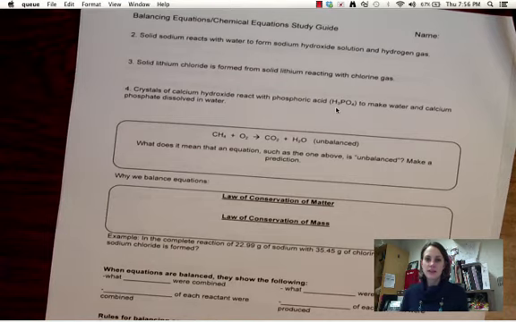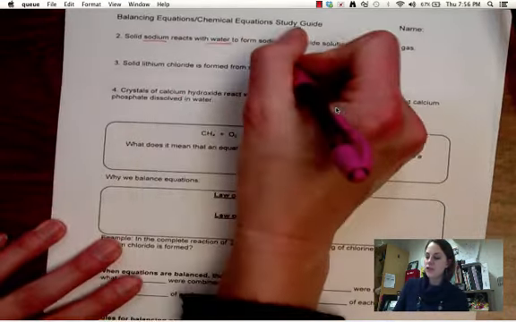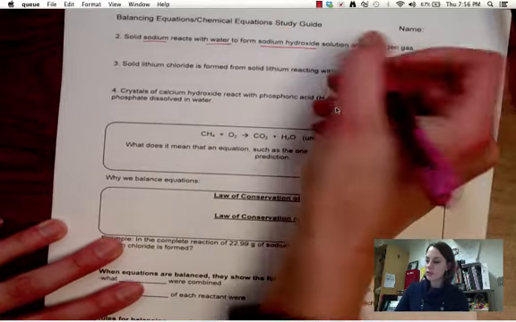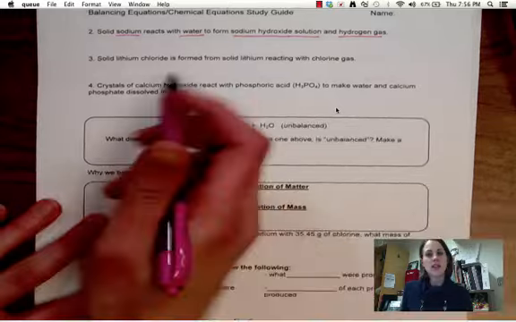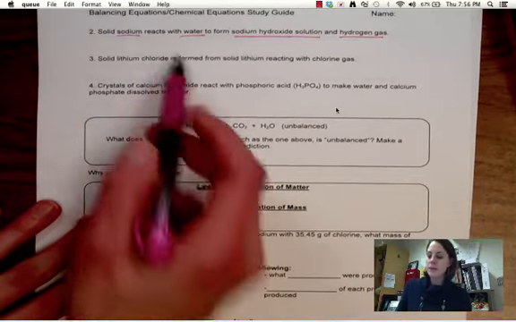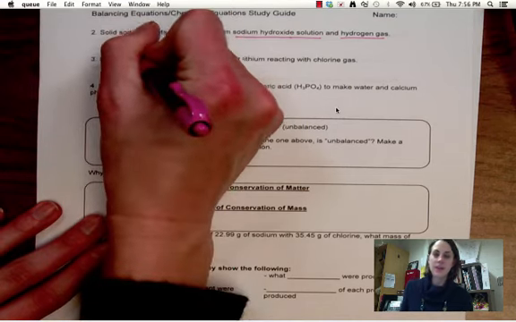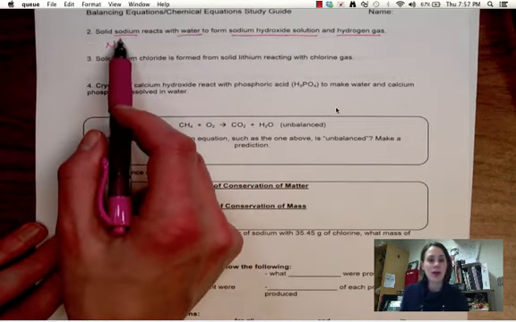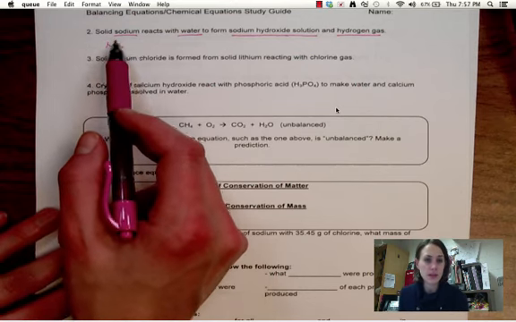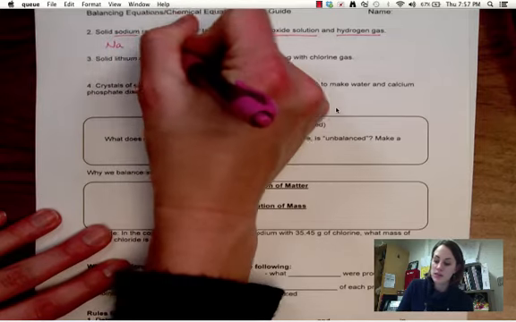This reaction says solid sodium reacts with water to form sodium hydroxide solution and hydrogen gas. So I'll do the same thing here. I'll kind of put them in order. It says solid sodium, so that's Na. If I look back on the previous page, sodium is not one of the 7 Brinkelhoff elements, so it doesn't get a little 2, it's just by itself. And it reacts with water